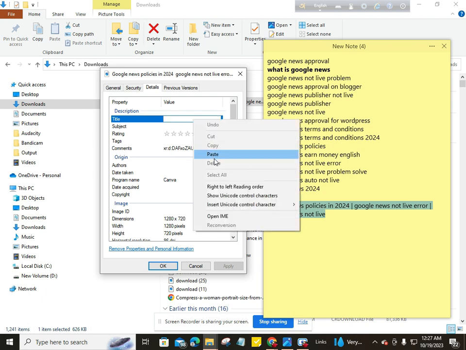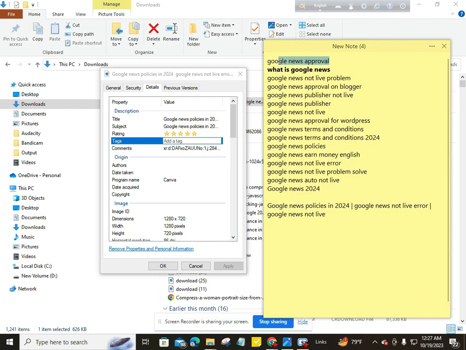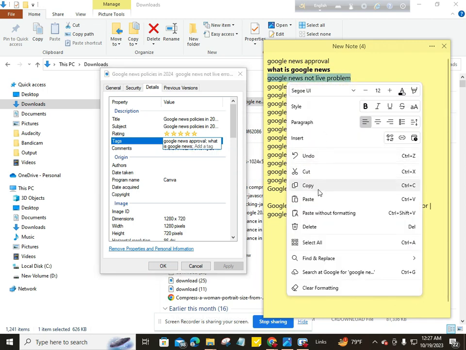Now I give my title here, and I also give my title for the subject, and you can see the 5 star option is available. So I check all the star buttons, and now I copy my keywords one by one and paste them here one by one. This way, at first you give your title, then you copy your keywords one by one